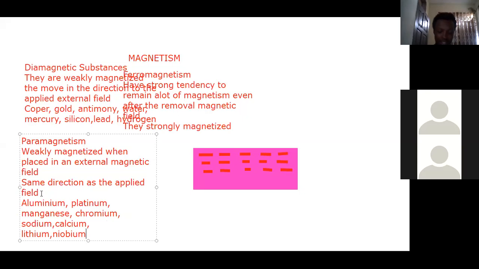These are all materials that fall under paramagnetism, and normally they have unbalanced electrons.